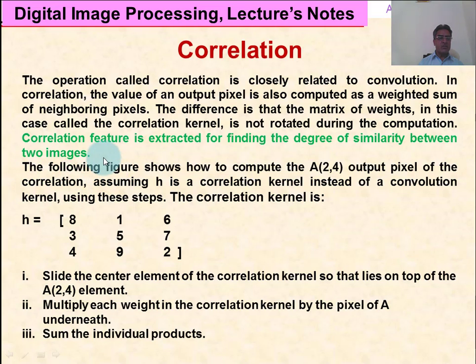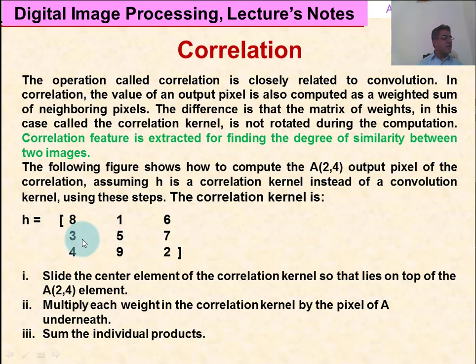The following, that is true value. The following figure shows how to compute the A of 2 for output pixels of the correlation. Previously we enhanced the A of 2, 4 pixel value of the input image using the convolution operation. Now we are enhancing the same pixel value A of 2, 4 using the correlation operation. Assuming H is a correlation kernel instead of a convolution kernel, using these steps,